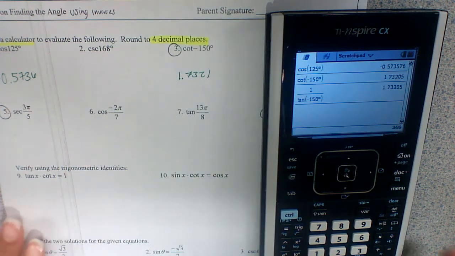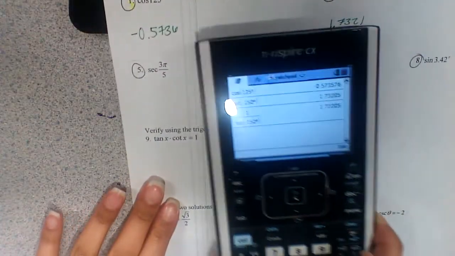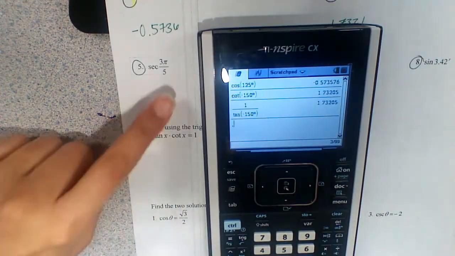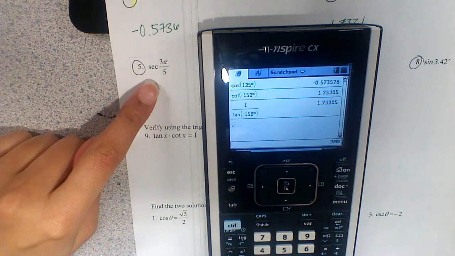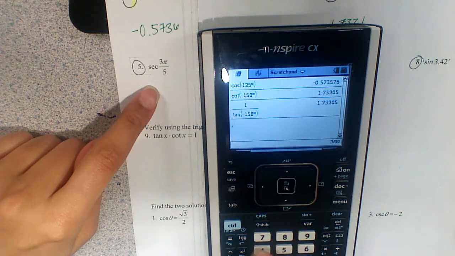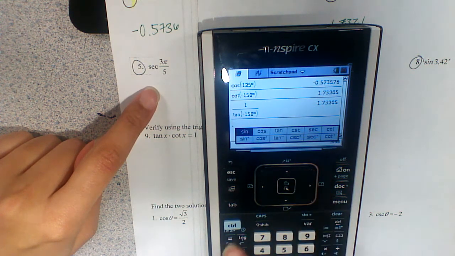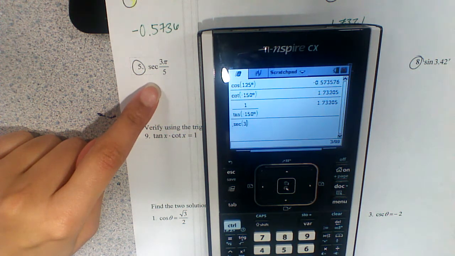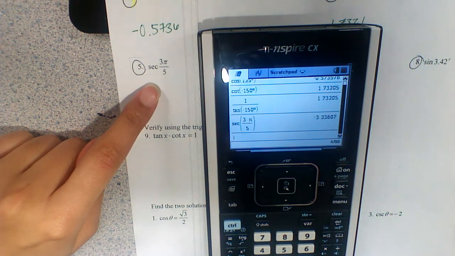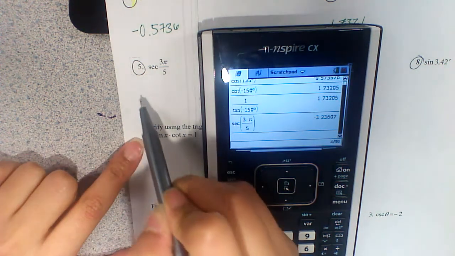Okay, so there's that. Number 5, it's asking for secant of 3 pi over 5. Now, notice this is already in radian form, and remember the Nspire understands radian form by default. So I'm going to go into my Nspire and hit trig. I want to go over to secant, and I want 3 pi over 5, hit enter, and I have negative